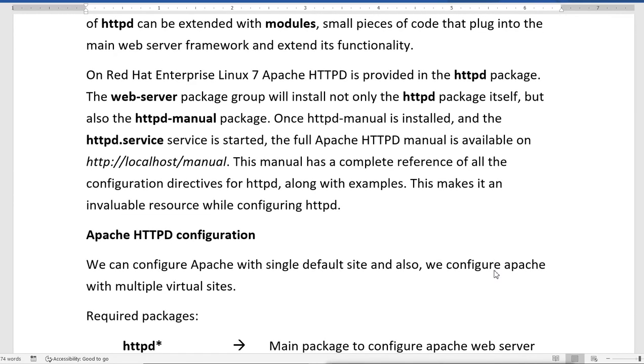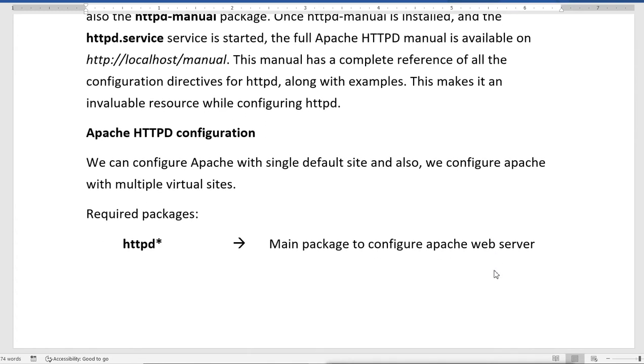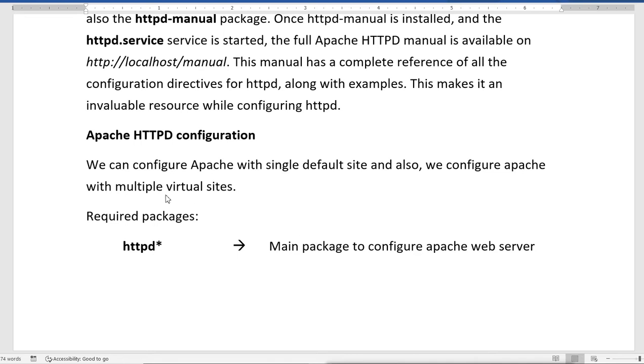Now, the Apache HTTPD configuration: how will we configure this in our RHEL7? We can configure Apache with a single default site, and also we can configure Apache with multiple virtual sites.